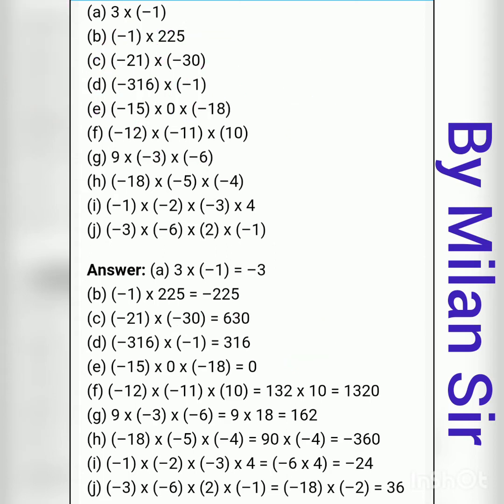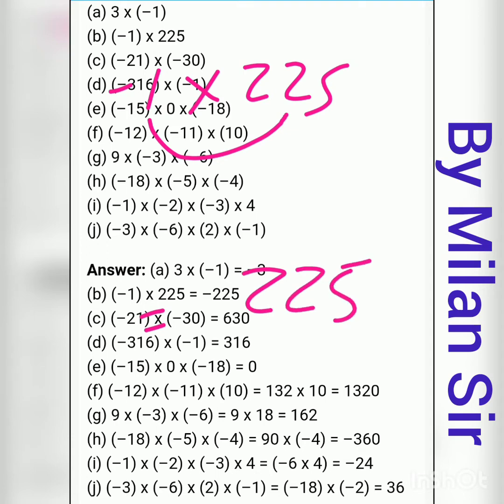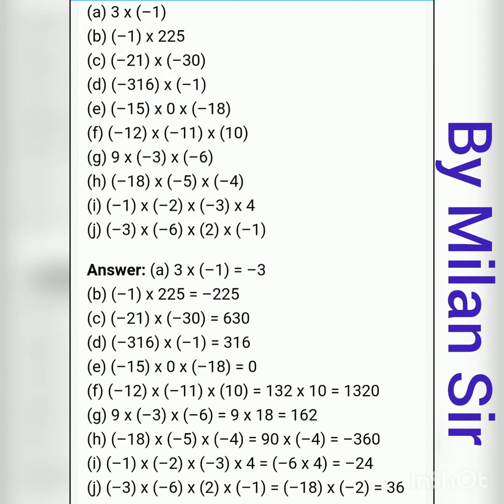Second question, minus 1 multiply 25. First of all, 25 multiply 1 is 25 only. Then for the sign, here a negative sign, here no sign, that means plus. Plus minus, so we need to give a minus sign. Here we do not need to look at the bigger number's sign. We follow the rule plus minus minus, it's fixed. So here minus 25.